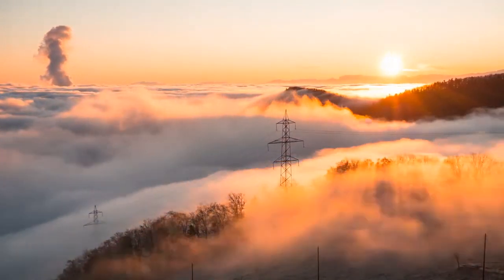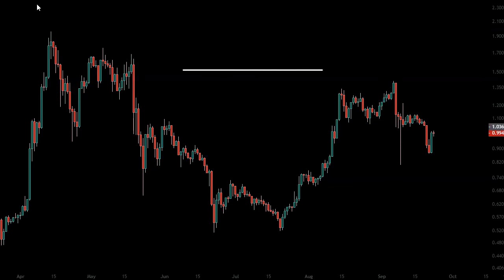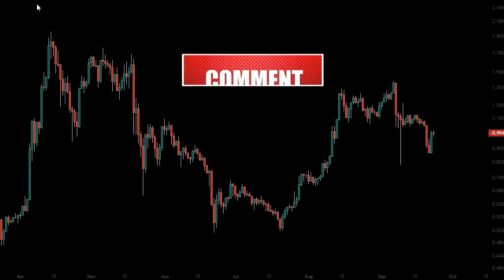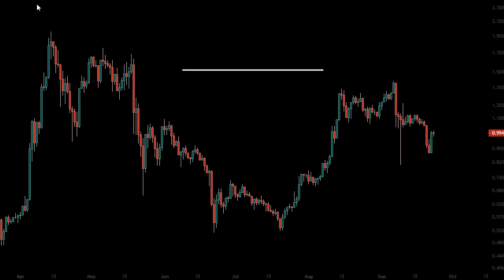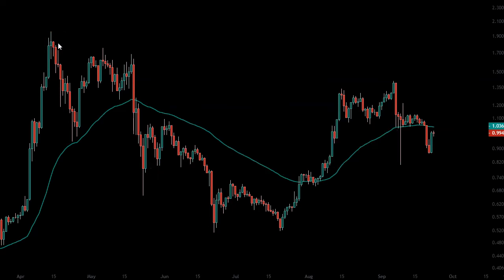You might enjoy it. Now, one final note before ending all this rambling and giving value to you: if you ask me to put one line on the screen that is the most important line, well, if we're talking about fixed lines of support and resistance, I'm not so sure about that. If we are talking about dynamic support and resistance, exponential moving averages, I have an answer for you. On this chart, the 55 exponential moving average, I think, would be the most important one, and the one you should